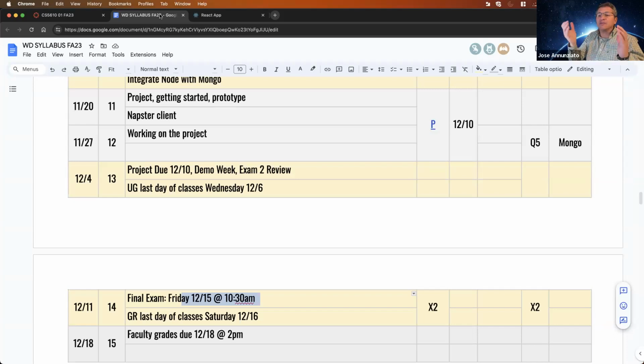Hopefully there won't be any drama towards the end of the semester. Usually there's one or two teams where there's concerns that some team member went AWOL. They began participating at the beginning of the semester, but then they kind of disappeared, and so everybody's had to work harder than they expected. It's very hard towards the end of the semester to deal with things like that. So that's why I prefer smaller teams. Bigger teams tend to have those kinds of issues.